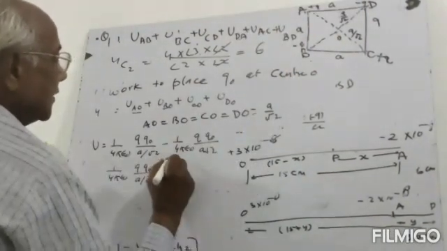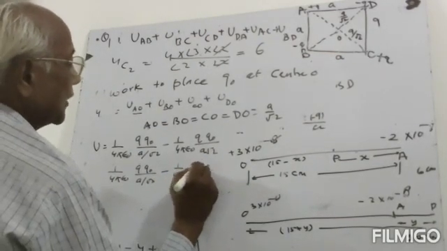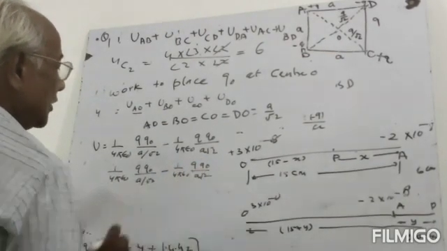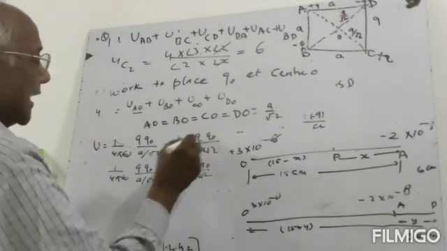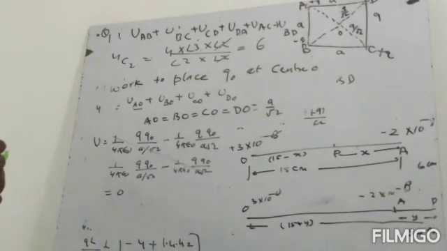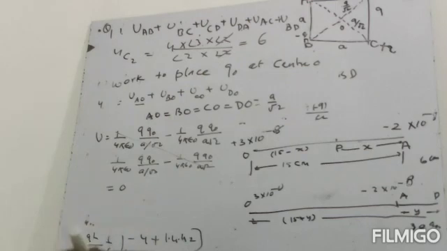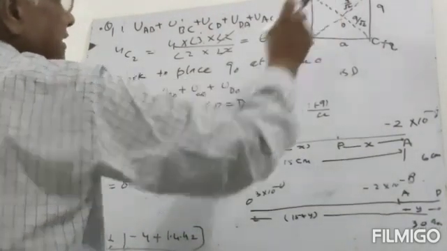And for negative charge, it will be 1/4πε0 Q0/(a/√2). So this will cancel with this, and this will cancel with this. So the total work done will be equal to 0. So the total work done will be 0 to put a charge Q0 at the center